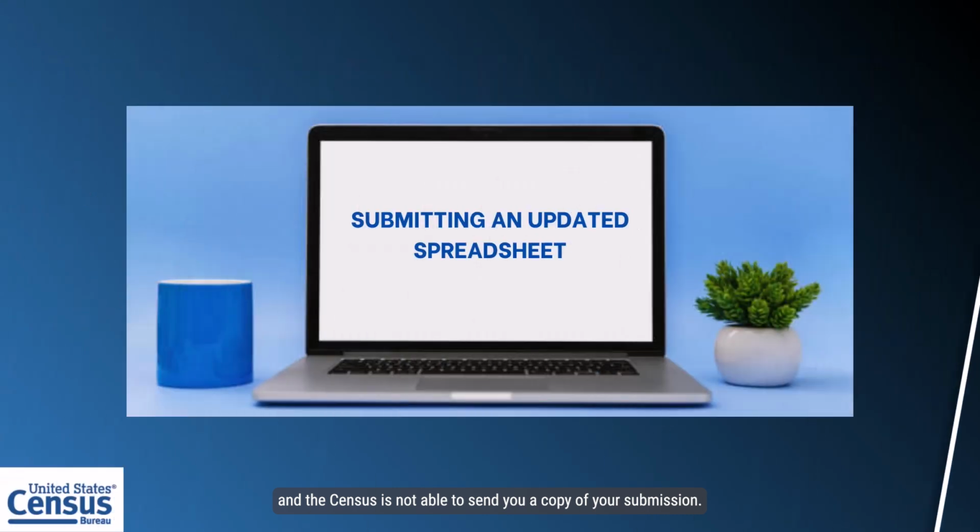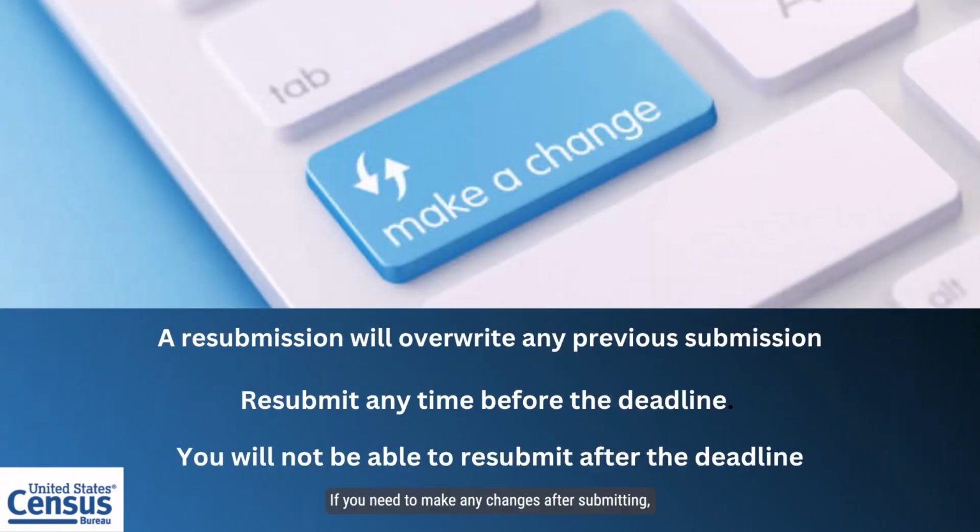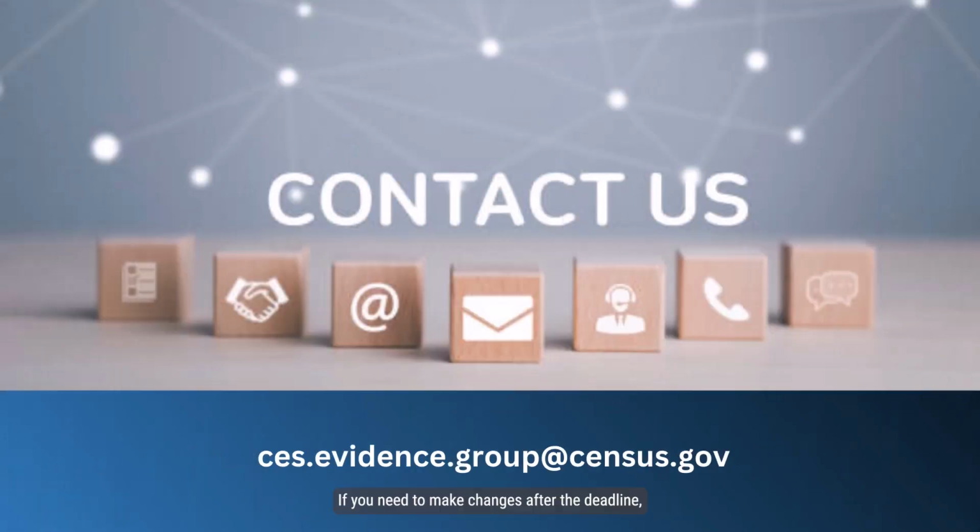Submitting an updated spreadsheet. If you need to make any changes after submitting, you can resubmit an updated file at any time before the deadline by following the previous steps. Please note that a resubmission will overwrite any previous submission, and you will not be able to resubmit after the deadline. If you need to make changes after the deadline, please contact your awarding agency and the Census Bureau at